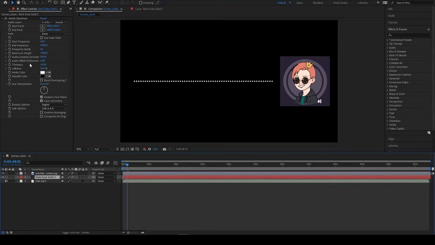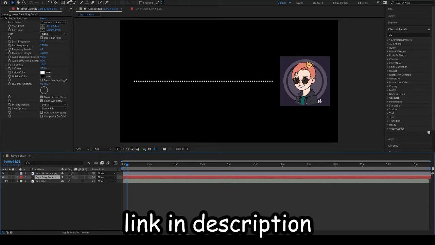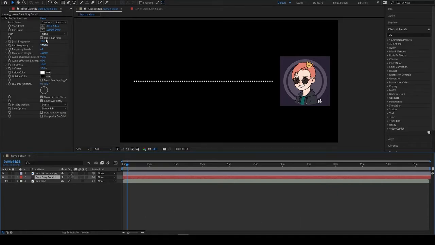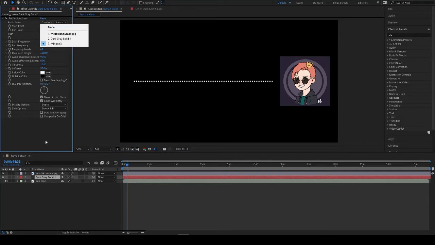Oh yeah, then I followed a specific visualizer tutorial, but it involves creating a new solid and then pairing it with the audio. And then I always mess around with the start point, end point, the frequency stuff, because it's hard to get to a point where it's not moving too much or not moving too little. I think that's about all I do for After Effects, and then I bring it into one big composition